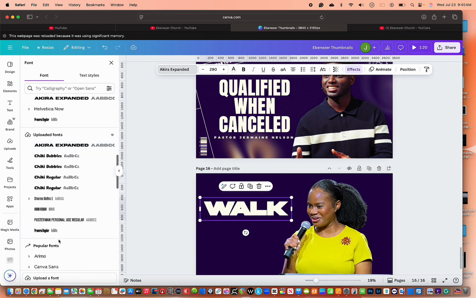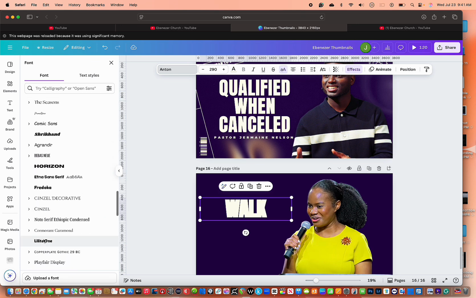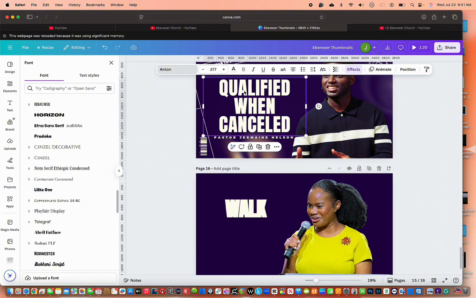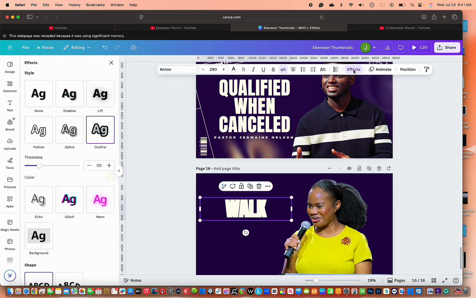All right, let me see if I can find a font that will give me where it's a little bit soft on the edges. Okay, hold on, it's coming. See what font is this one. It's Antoine. All right, so let me go back to effect and let me turn down the thickness to like 1 or maybe 2, 3,